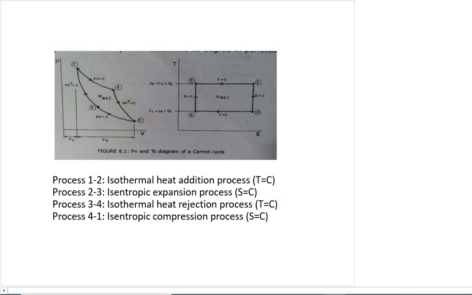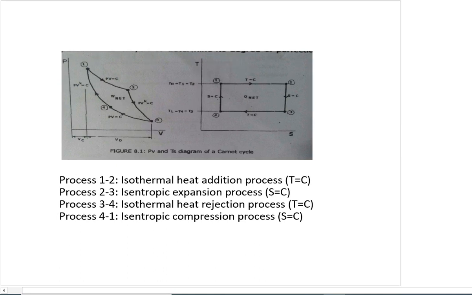Okay, nakikita natin ngayon yung graph. Of course, pag sinabing cycle, may mga graph yan para makita mo yung kabuuan ng cycle from start hanggang sa bumalik siya sa original state niya. So dito may pressure and volume graph tayo. Mayroon din tayong temperature versus entropy graph. If you notice, parang tinapay po yung PV, at rectangle naman yung isa pang graph. Papakatandaan lang po ninyo na ganito yung graph niya.